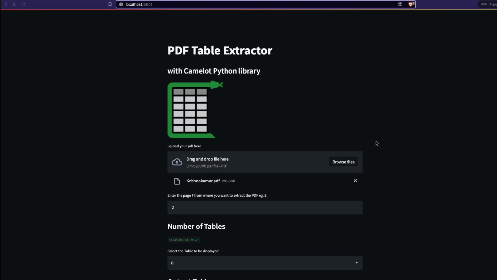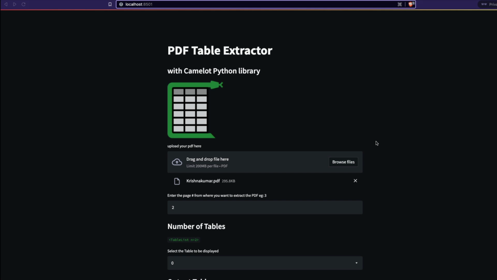This video, unlike my previous 2 days, is going to be slightly long because there are a lot of small nuances when it comes to Camelot. So please stick till the last so that you can see how we deploy this application, and then also you have a very nice project in your data science portfolio.